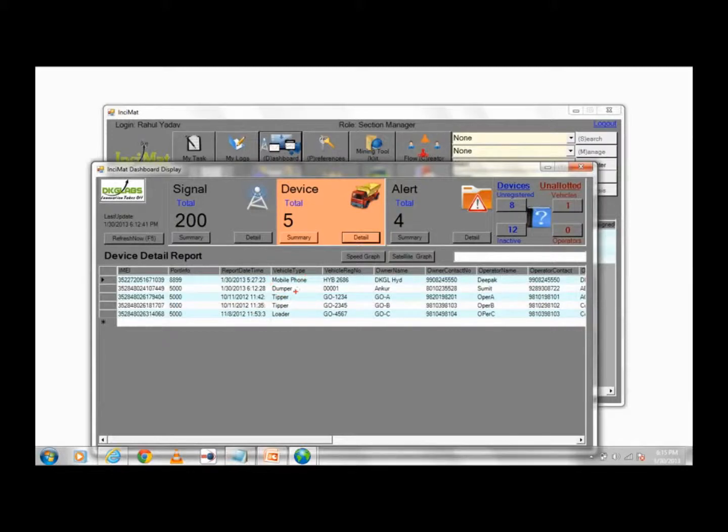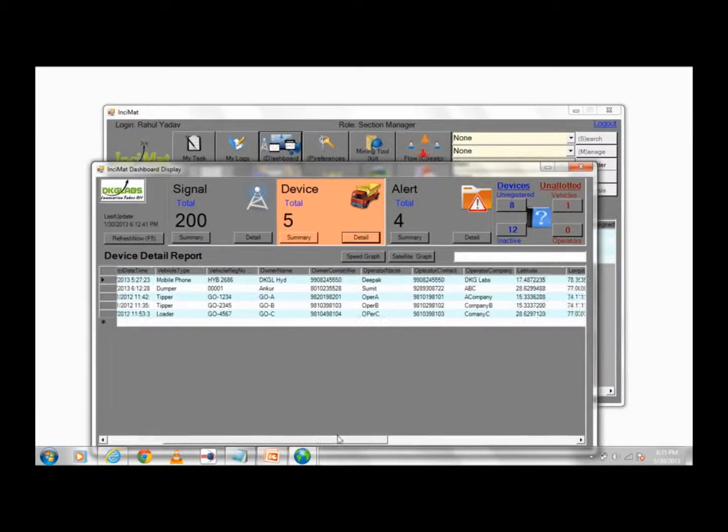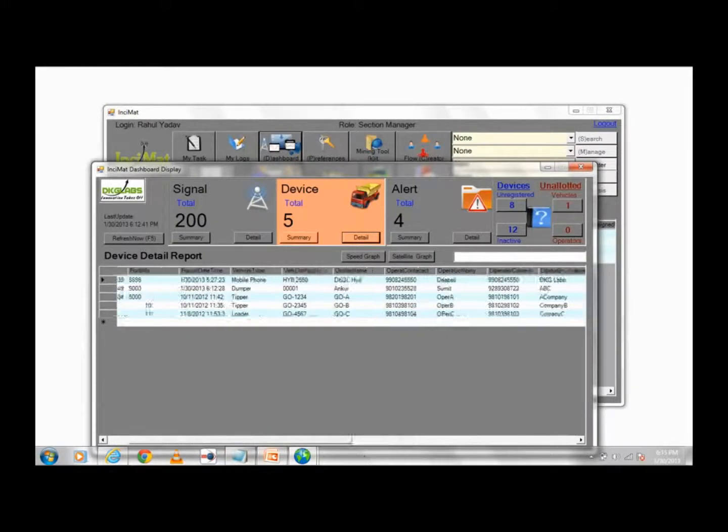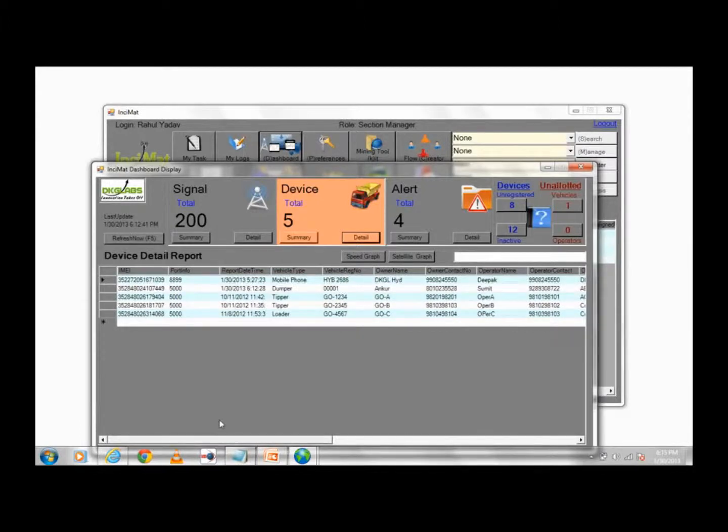All vehicle types would be registered here with the registration number, speed, and angle. This is the last position of these devices. I'm using mobile as a tracker, my vehicle as a tracker. I can have graphical information with respect to speed and satellites on my own graph. There is a graphical engine inbuilt which is also dynamic.